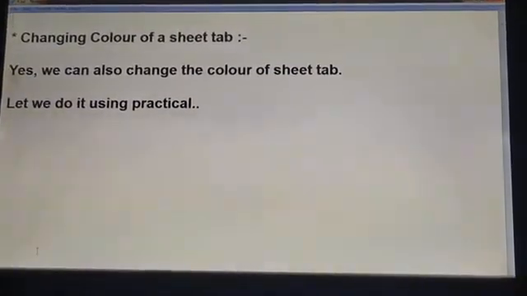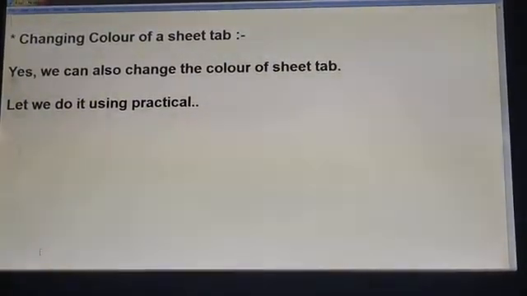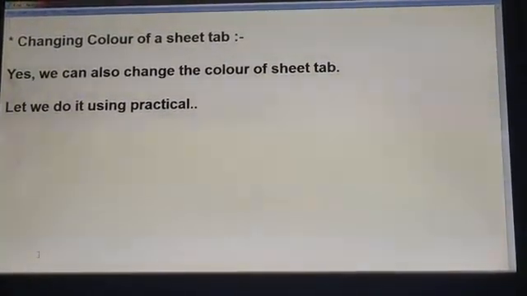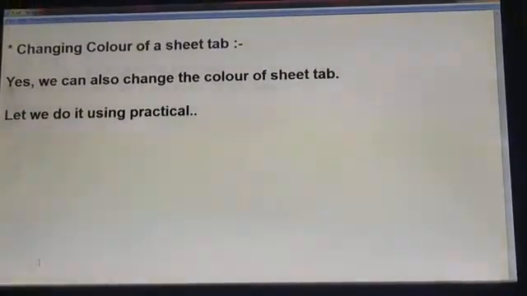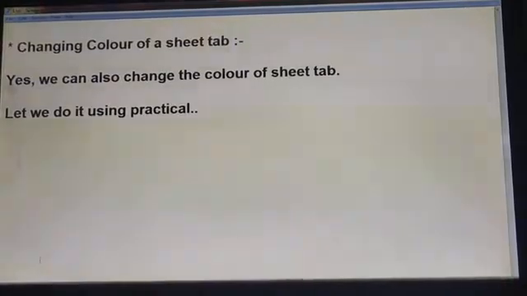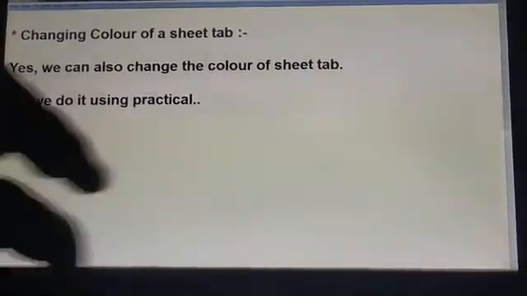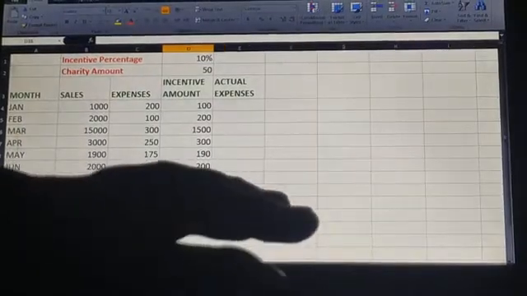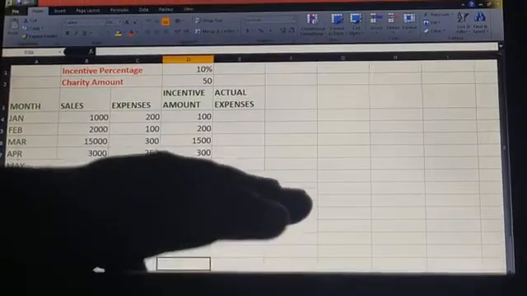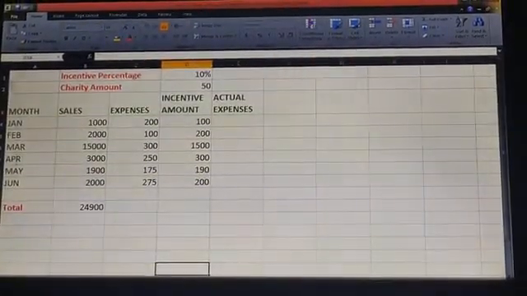Okay, now changing the color of a sheet tab. Yes students, when renaming a sheet, we can also change the color of the sheet tab. So let me do it using practical. So this is my Sheet 1 name, that is Sales. If I want to change the color of this sheet tab, then right click on it.